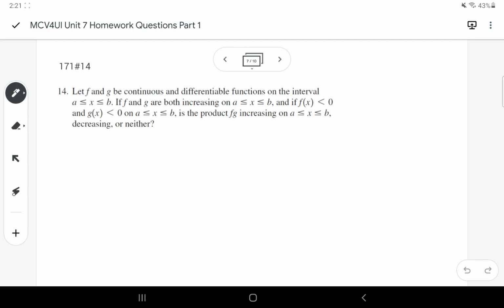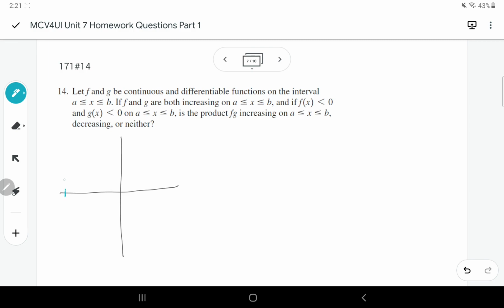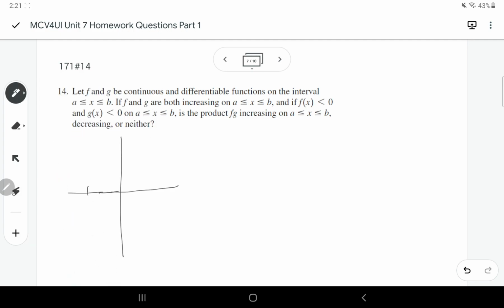Okay. So it might help to just wrap your head around it by saying that these are increasing functions but negative. Let's make this interval, it doesn't actually matter what the x values are, some kind of general interval from a to b. And my two functions are increasing the whole time, but they're negative the whole time. Okay, so we can say that